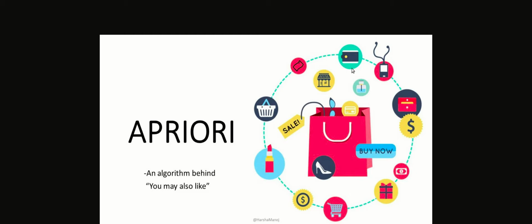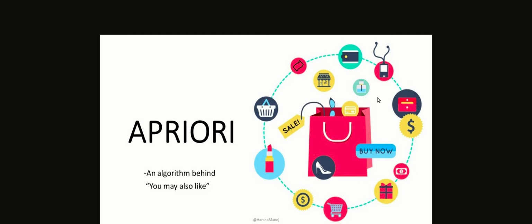For example, if one person buys tea as well as milk, how much probability is there that he can buy sugar? By this algorithm we can find the probability that he or she can buy this. Or if someone buys a burger bun as well as cheese, how much probability is there that he or she buys ketchup? By this algorithm we can find it by a very easy method.